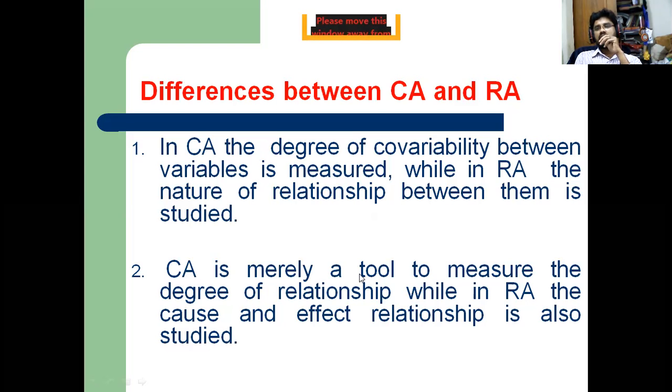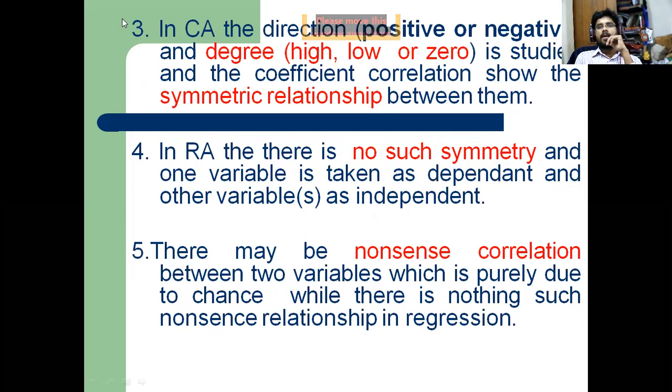correlation is merely a tool to measure the degree of relationship, while regression is a cause and effect relationship. As I told you, correlation is a measure of the degree of relationship, whereas regression is a cause and effect relationship. Third one,